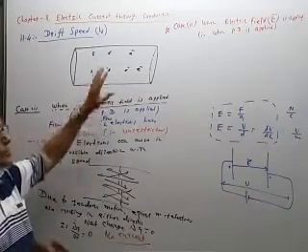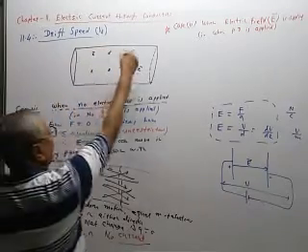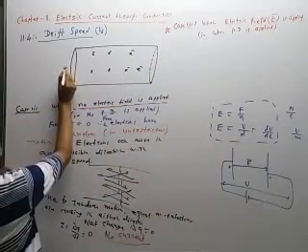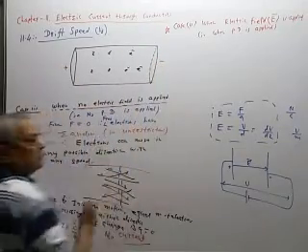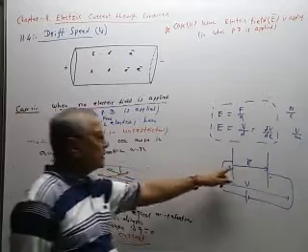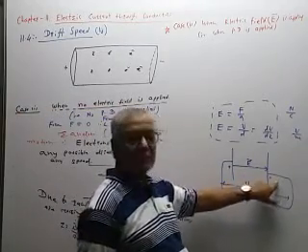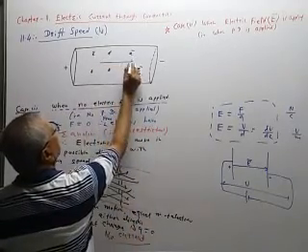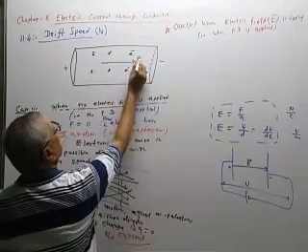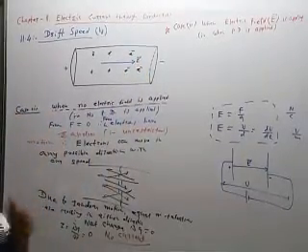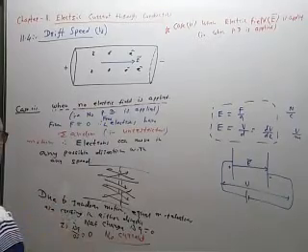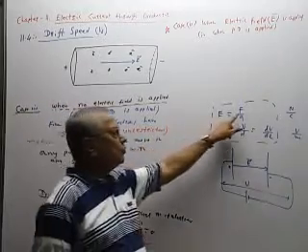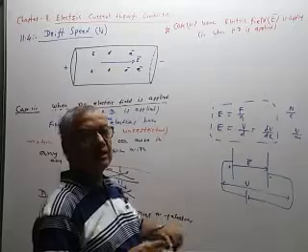Why? I will use the same figure. Suppose we are applying the electric field like this. The battery positive is connected here, the battery negative is connected here. Electric field is always directed away from positive charge and towards the negative charge. So the electric field is in this direction, between the two plates. When there is no electric field, by this equation there is no force. Now there is an electric field, therefore there is a force.